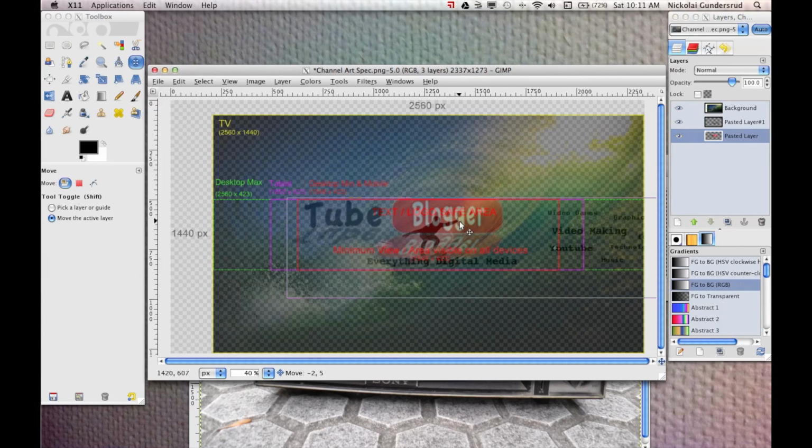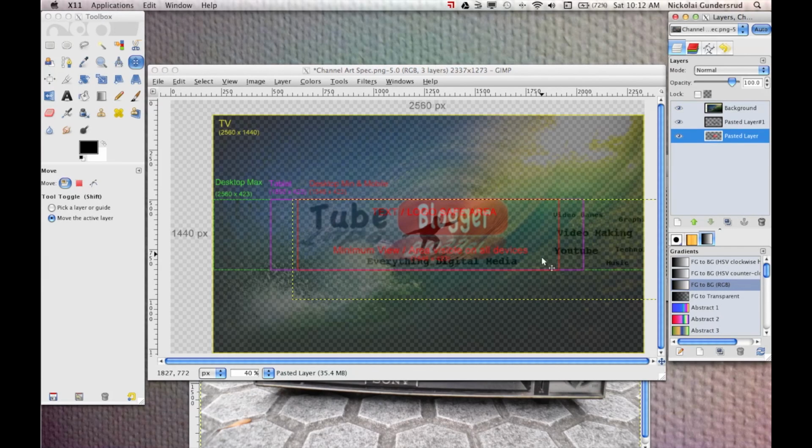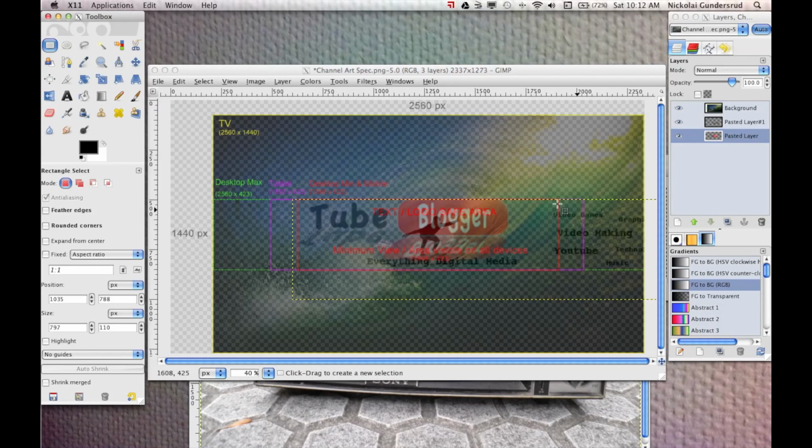Let's move the logo a little bit again. I noticed the top was above the red area. Right there. And now I want to get rid of this extra text that's in the logo. So I go to the layer that it's on, use the selection tool, select it,